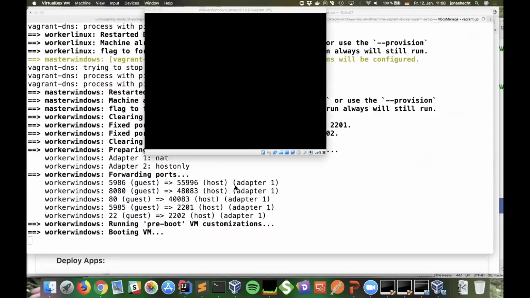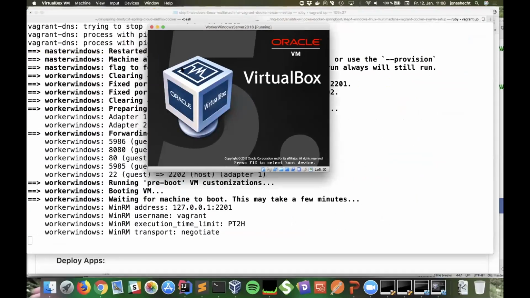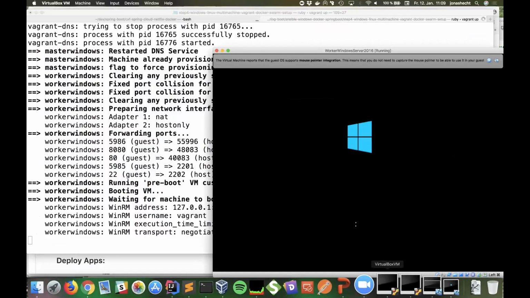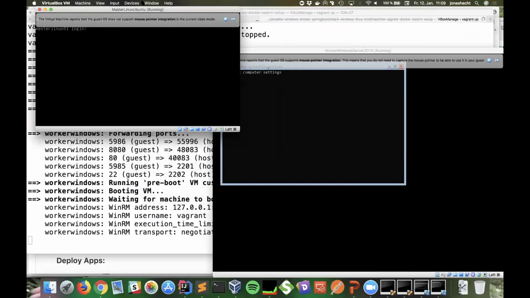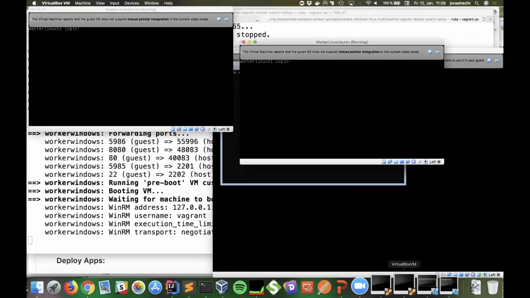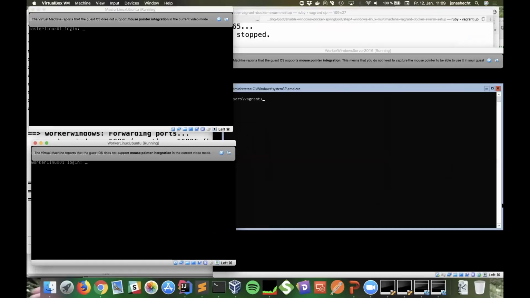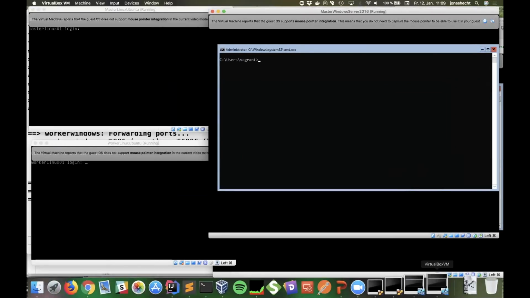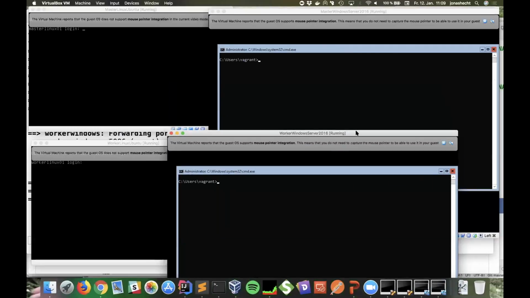Right, there's the fourth machine. So what was the fourth one? I think the worker Windows, right? Okay, so we now have these 4 machines here, the master Linux, the worker Linux, the master Windows, and the worker Windows, right?